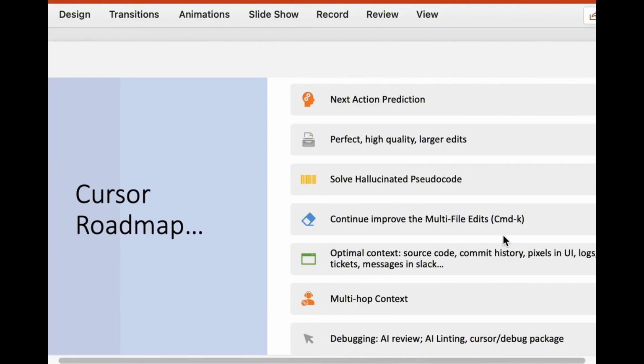You can open the chat window and add multi-file there. You can see that in our demo, it usually requires hand-picked code scripts and pre-selecting those files. If you would like to ask for a generic edit across your entire codebase, it still limits the functionality. Also, consider more context, not just source code, but all the commit history, pixels in the UI, log files in the system localhost, reported tickets, messages in the Slack channel, multi-hop context.